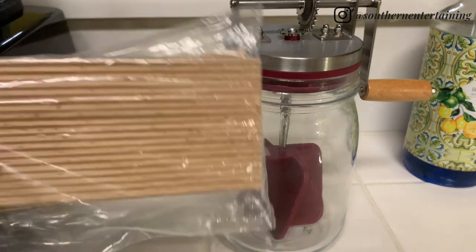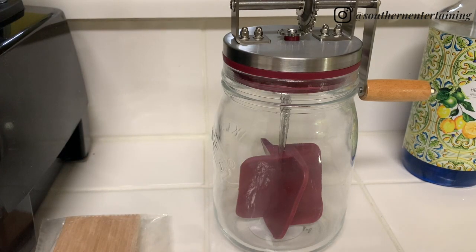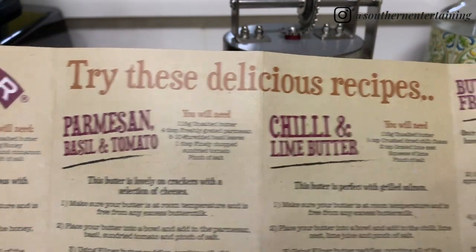I also picked up these little paddles right here so that you could shape your butter. And in the packaging, there were some recipes to try, because you're just going to get the butter and you can salt it afterwards. But if you wanted to make a variation of different flavors of butter, I personally want to try garlic butter. I've also made compound butters before with parsley and different type of seasonings, but this also gives you a good start right here with cinnamon and honey butter, Parmesan, basil, and tomato, chili and lime butter,